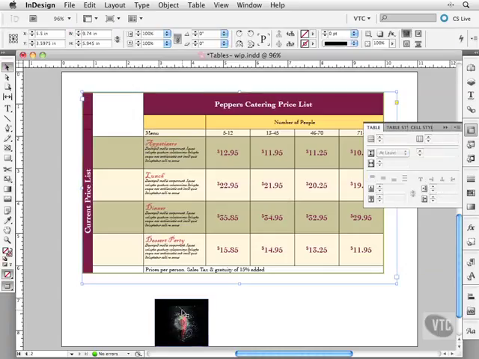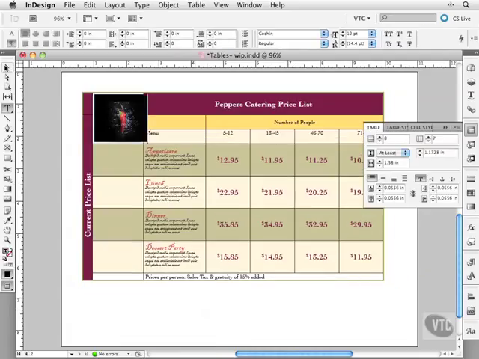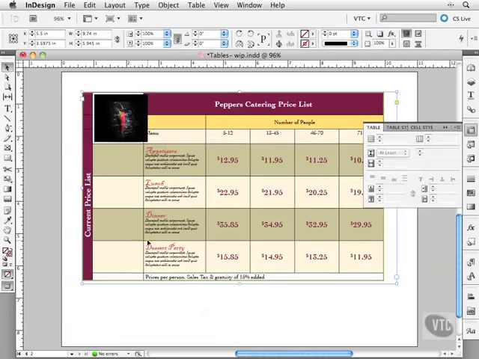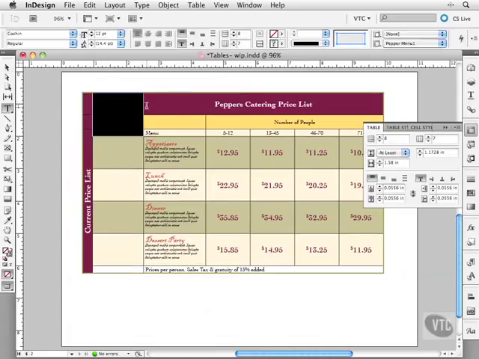So let me show you what happens when I select this, Control X, come over here, click here, and Control V. I paste it in there like that. Doesn't look too good at all because you've got this area around it, although it will let you spread over into the next cell. Let me undo that, and this time I'll double click, select this,